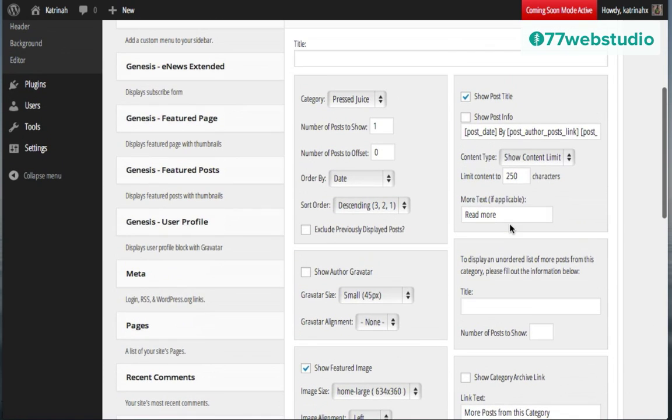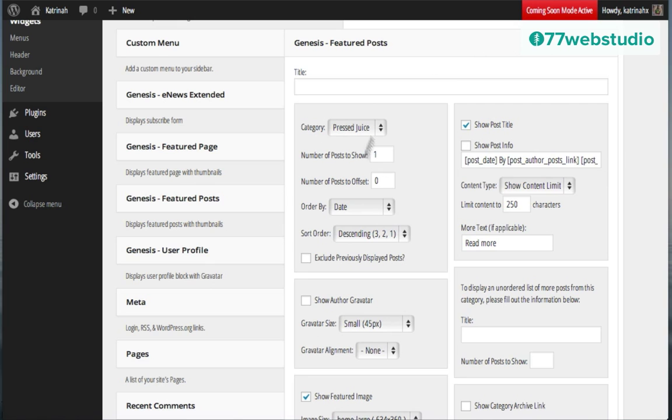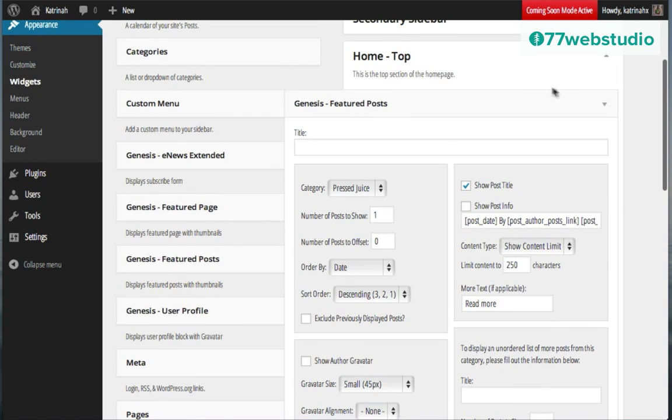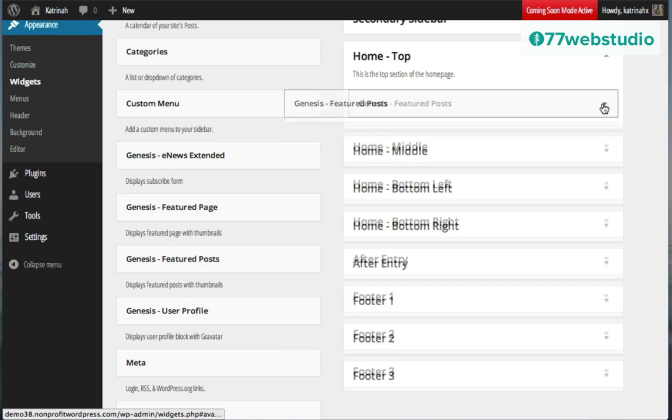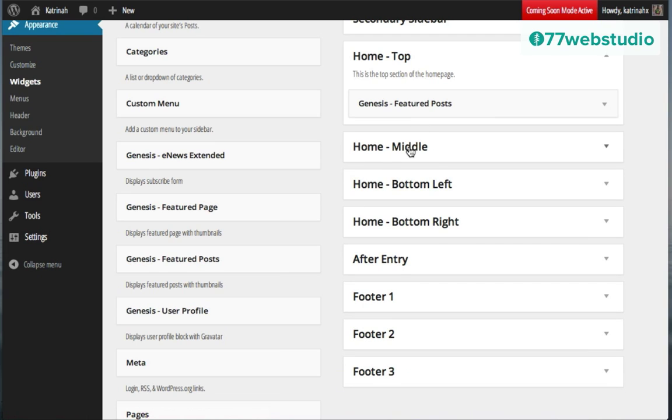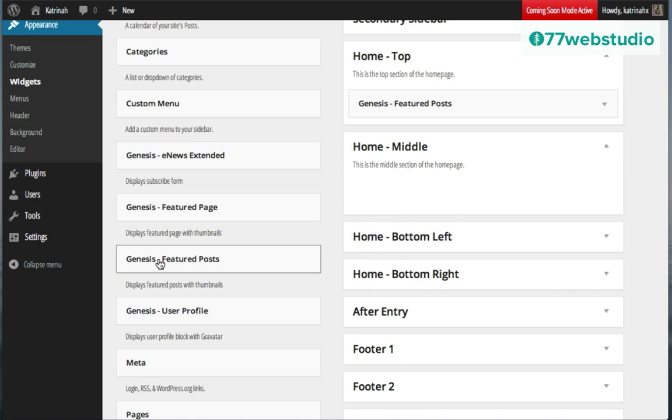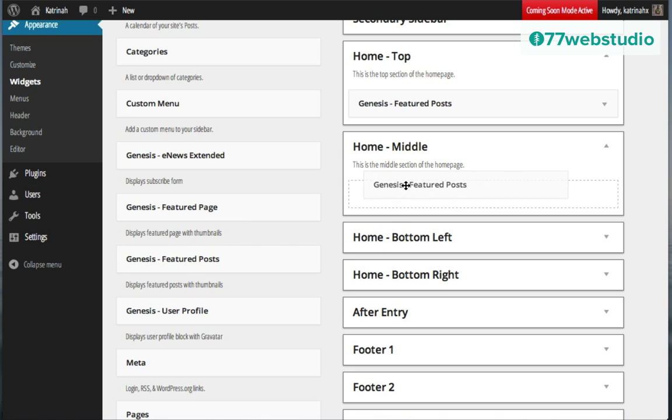Of course, feel free to go through all of these different settings and set these up according to however you want to have it displayed. These are the settings that I'd like to have for my own demo right now in the video. Okay, so once you have all the settings that you'd like to set here in the featured post section for the home top widget, I'm just going to close this by clicking on this button. Then I'm going to do the same thing for these 3 widgets right here. Starting with the home middle widget, I'm going to click on this button to open it. I'm going to pull over the Genesis featured post widget.